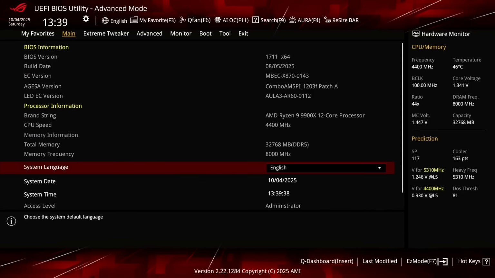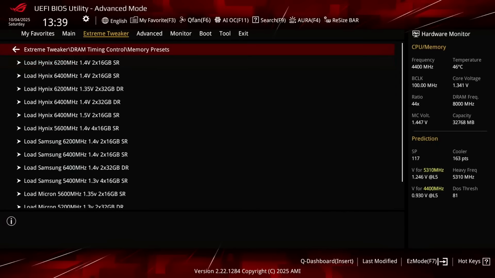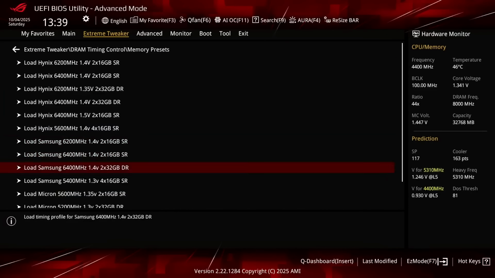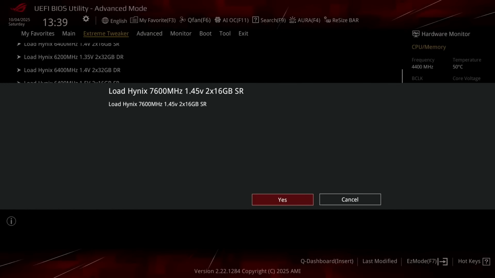Typically, it will adjust the memory timings and the voltage. The ROG Crosshair X870E Hero motherboard sports 14 memory profiles for a variety of memory ICs and configurations. Since we're interested in simply adjusting the memory timings, we can try the Hynix 7600 MHz 1.45V 2x16GB single rank